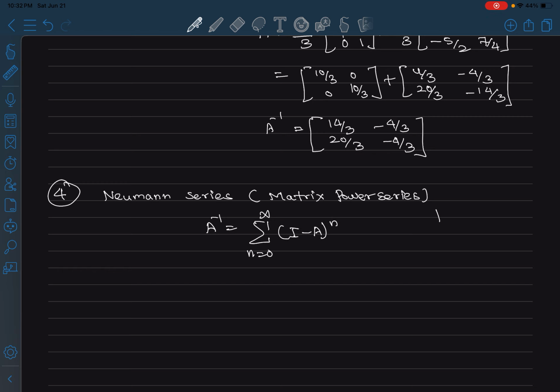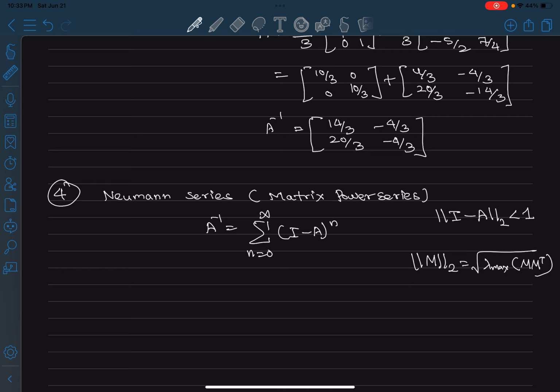This holds if the norm of I minus A is less than 1. Just like a geometric series, where we need the common ratio to be less than 1, it's the same thing. And over here, we actually use the 2 norm. For any matrix, whether a rectangular matrix or any matrix, we define it as the square root of lambda max of M transpose M. But if M is a square matrix,